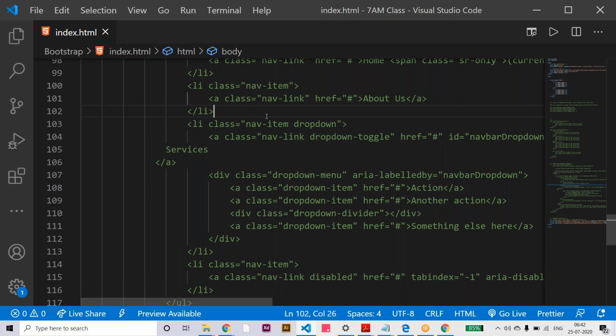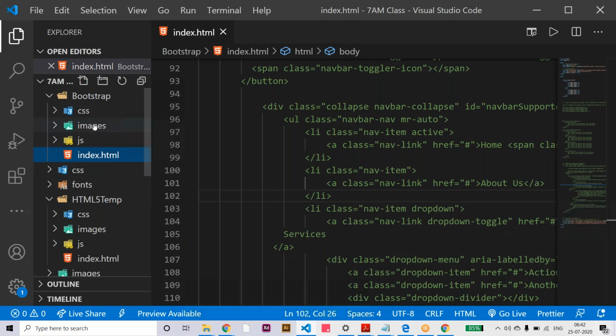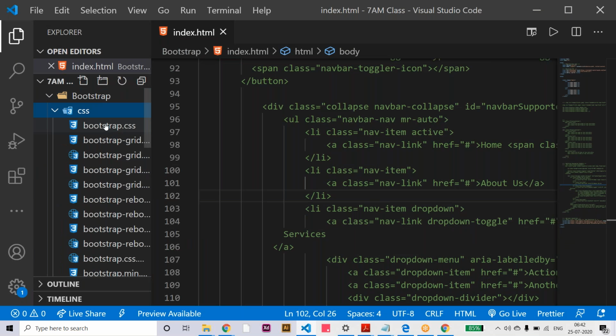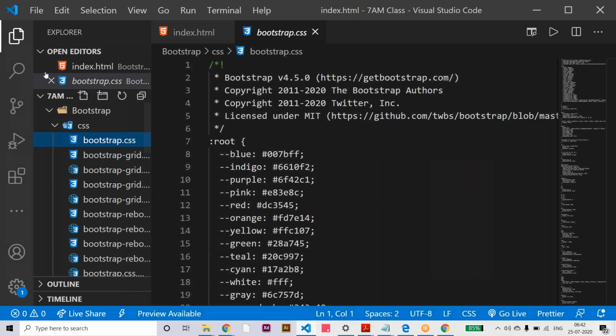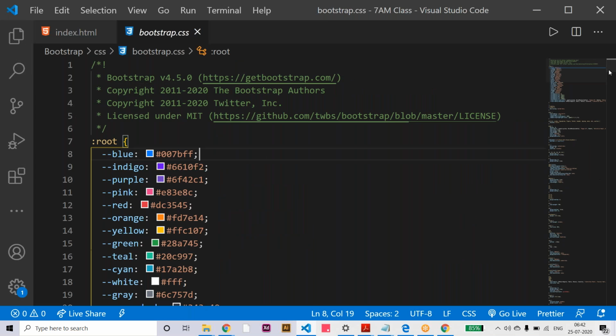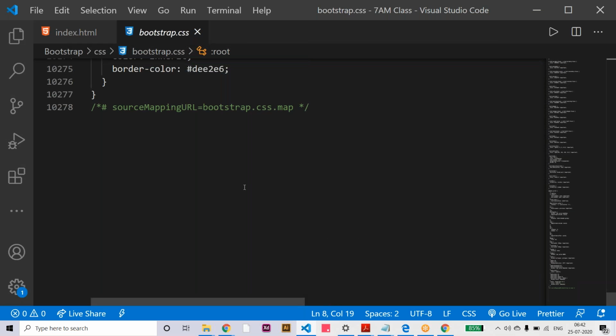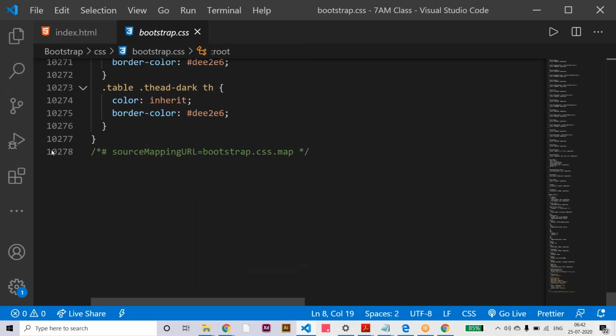Let me show you that Bootstrap class file also. We have the Bootstrap CSS here. See, how many lines of CSS in total?